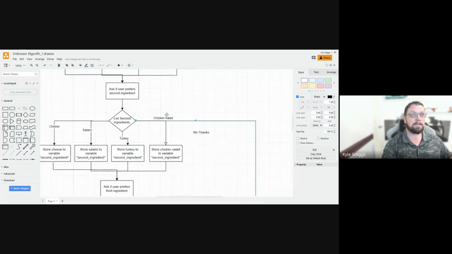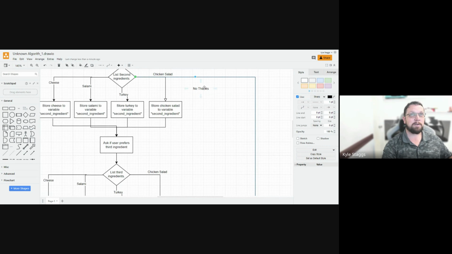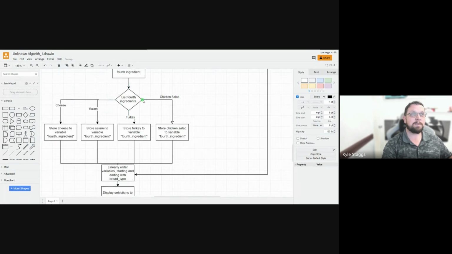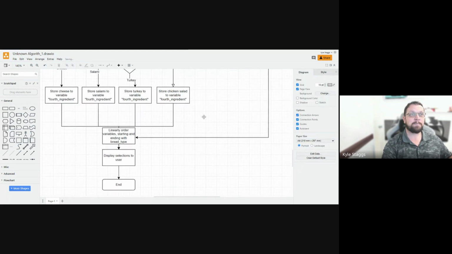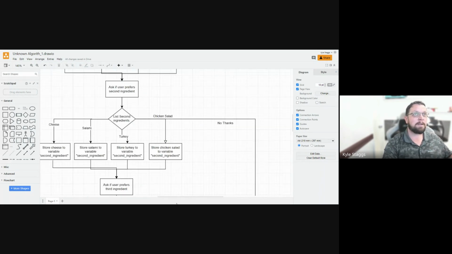So list the second ingredients, and no thanks is an option. So no thanks comes off to the side here and goes down. Same thing happens here. Ask users if they prefer a third ingredient. No thanks goes here. Fourth ingredient. No thanks. Again, ties into here. Now we have a robust algorithm, because if some